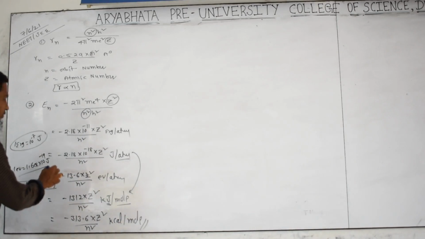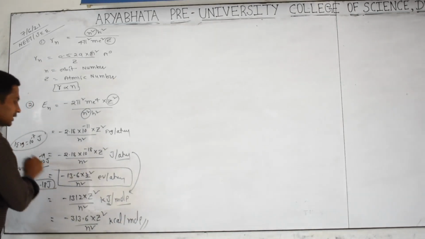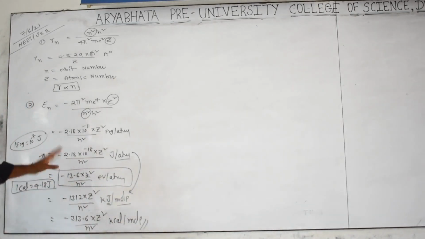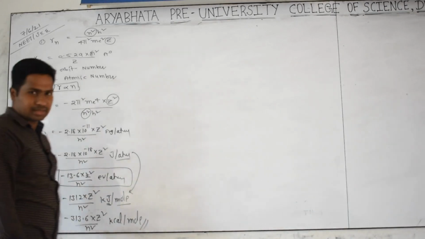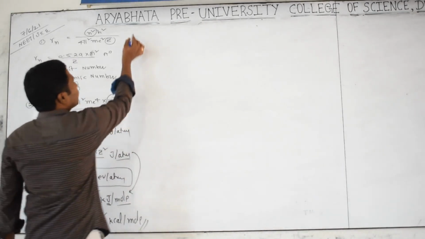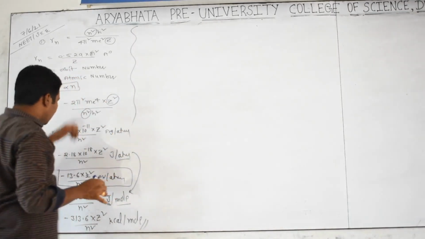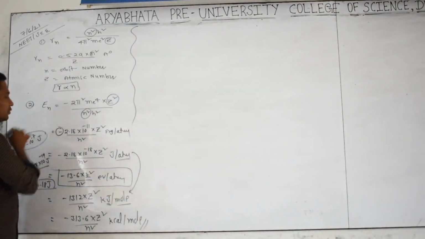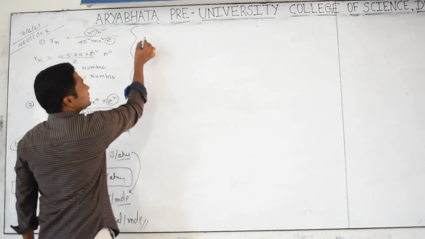I already told you, JEE directly asks this one. What is the energy formula in electron volts? Already this year, 2021, in the JEE online exam also, that was asked. And we can go here, see. In all these formulas we have a negative sign. What does this negative sign indicate?